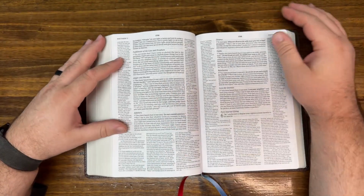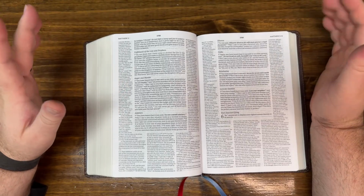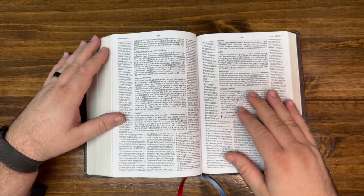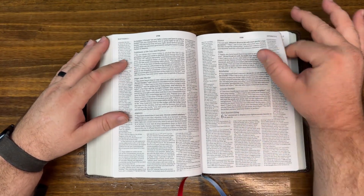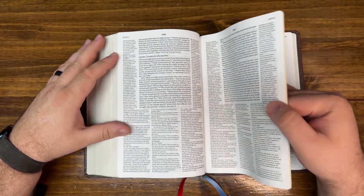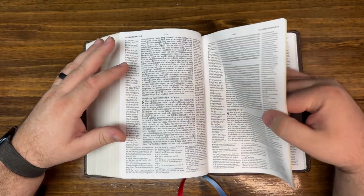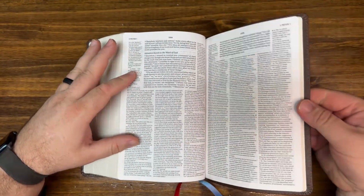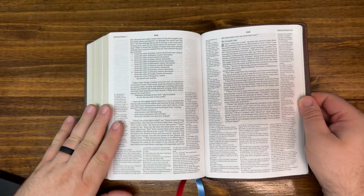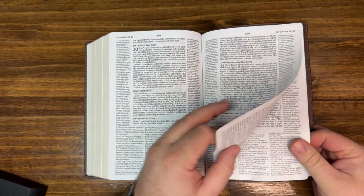Let's get into the New Testament here. And here we have the Gospel of Matthew. And as you can already see from this, there is no red lettering in this Bible. This is a black letter text Bible. Romans, and then once we get towards the back here, let's get to Revelation. There's Revelation, and then when you get to the end of Revelation,